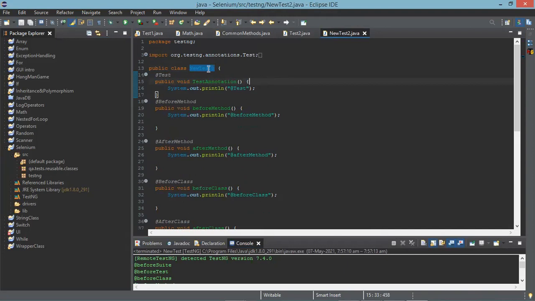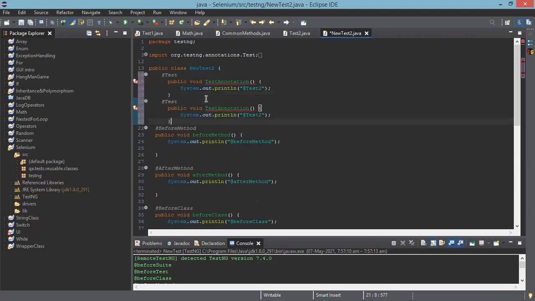The annotation, within the sysout, line number 16, change it as test2. Now copy lines 14 to 17 and paste them again. Not in the next lines, bro, you need to duplicate it. You can paste it anywhere, not within a method. Just enter and paste it. Now you have the method names as 1 and 2.